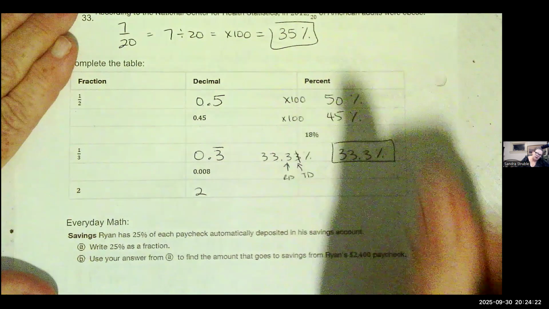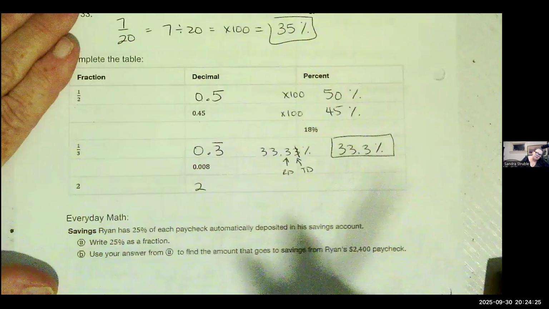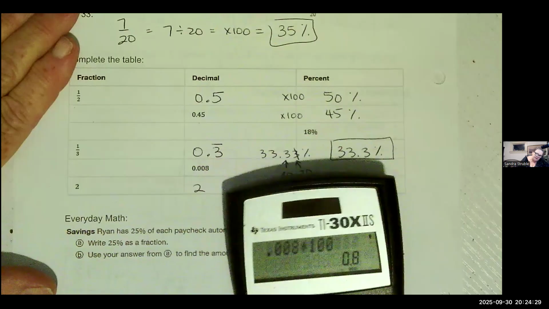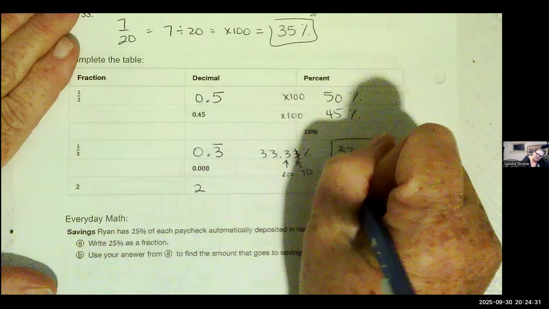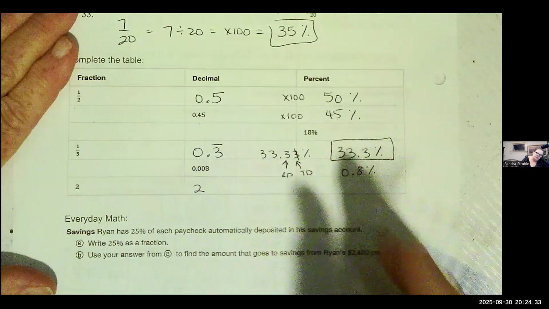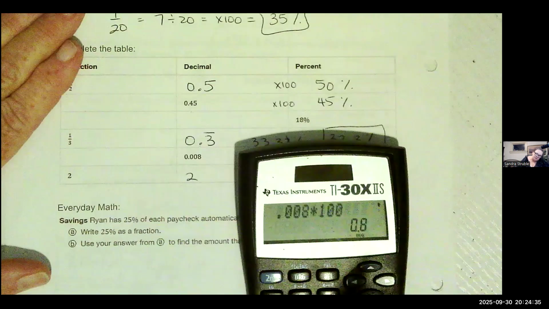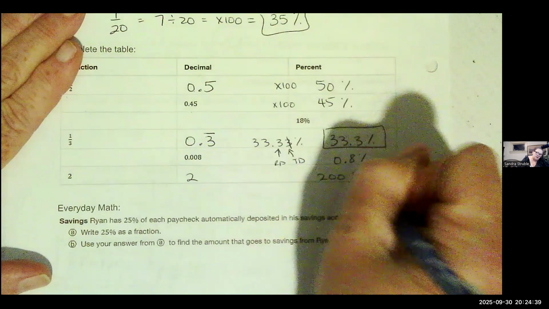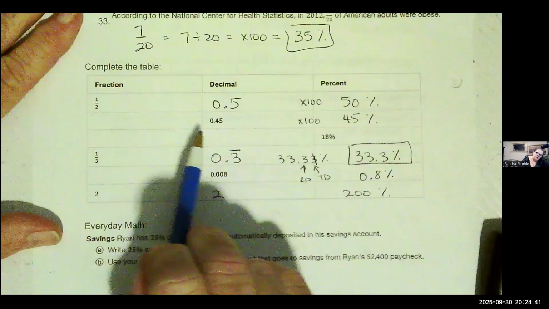0.008 to a percent is 0.008 times 100. And that is 0.8%. And then 2 to a percent is just 2 times 100, and that's 200%. All right, let's come over here and go from